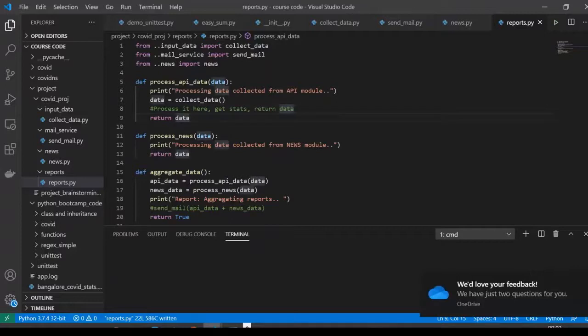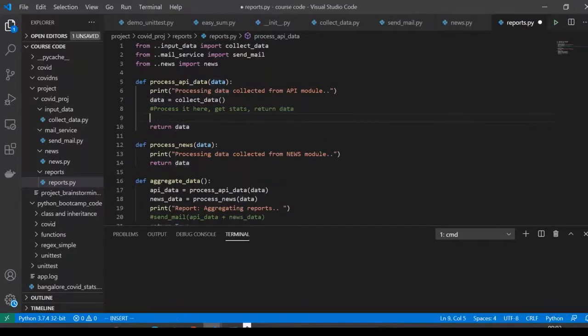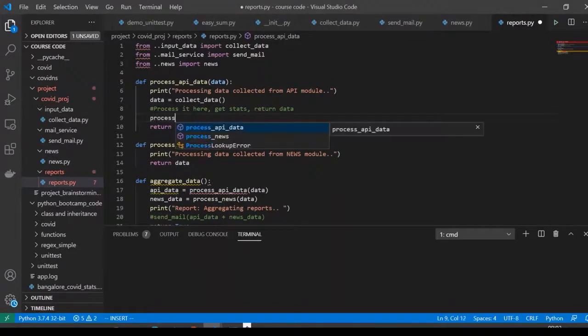Maybe it's not the same variable we return. We may return something like processed API data is equal to